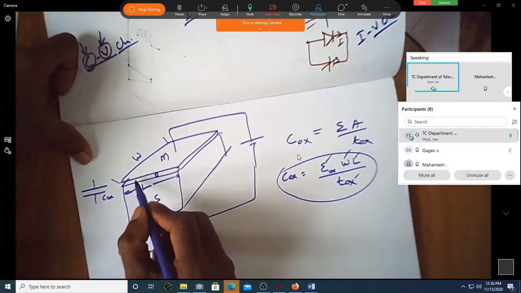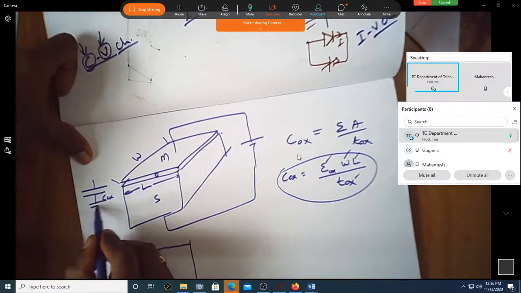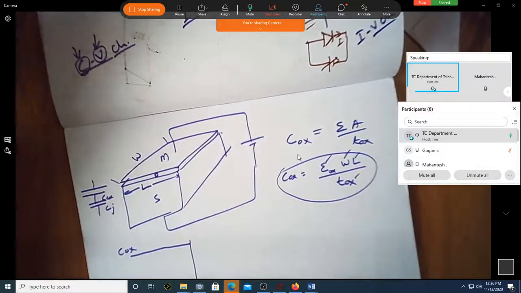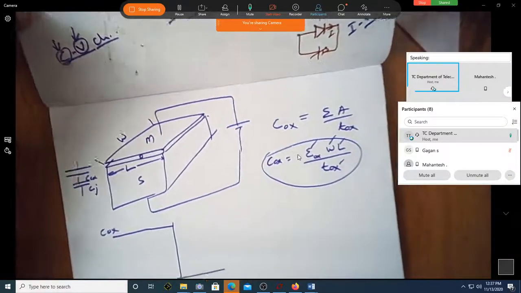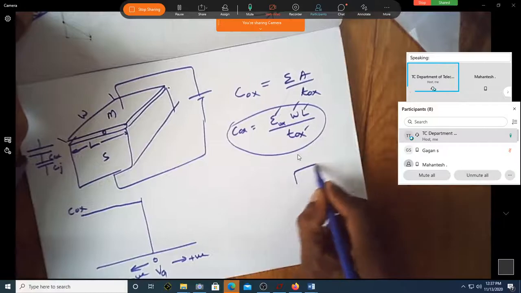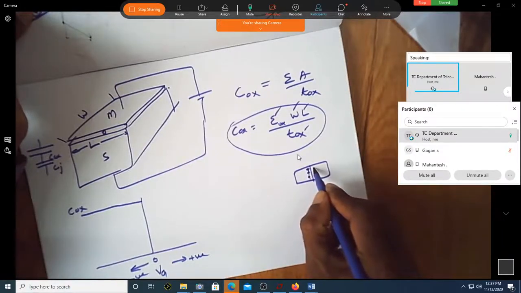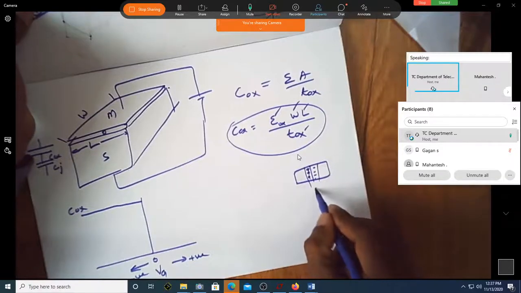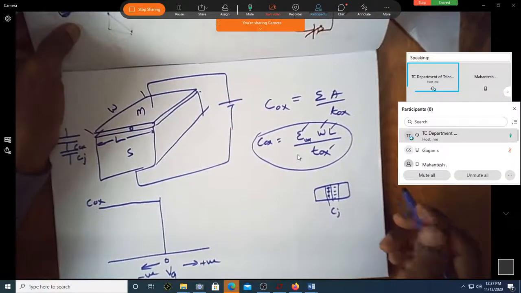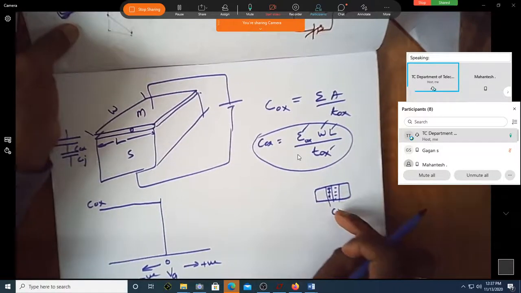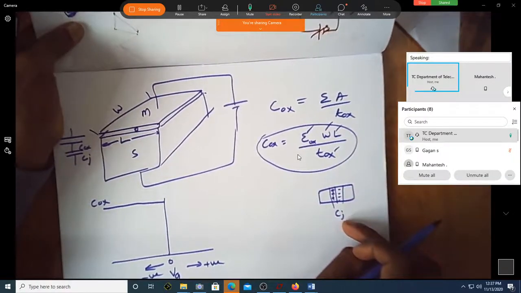On top of that, just beneath that, in series with this, you are going to have a junction capacitance, C junction, due to the depletion region. Even in the case of a diode, when you have plus plus plus here and minus minus here, there's a junction. Will you have a junction capacitance? Depending on the width of this depletion region, does this junction capacitance change?